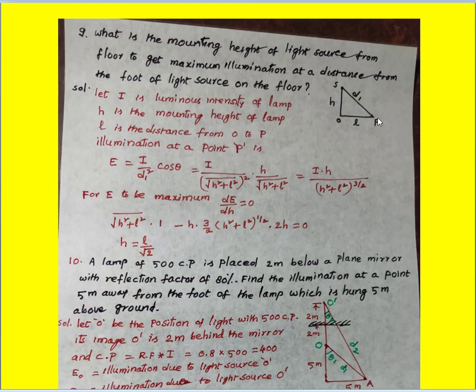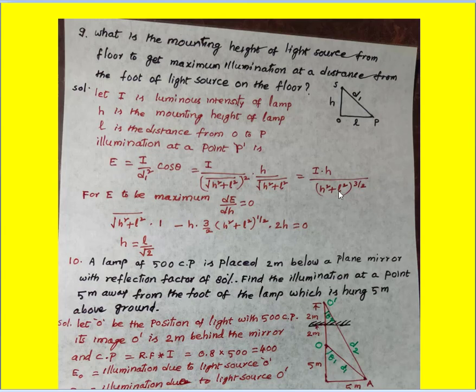For illumination to be maximum at point P, the illumination curve should become peak. That is, the derivative of the curve should become 0. That is, dE by dH must become 0. So